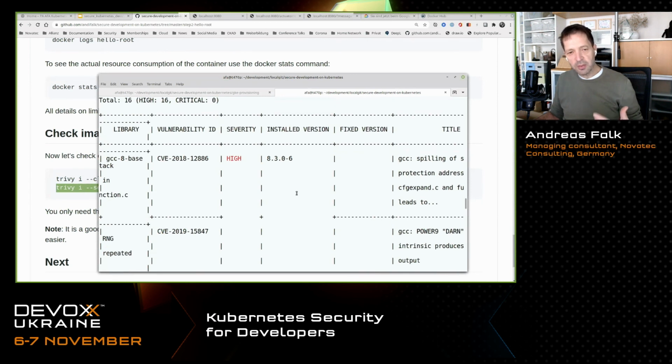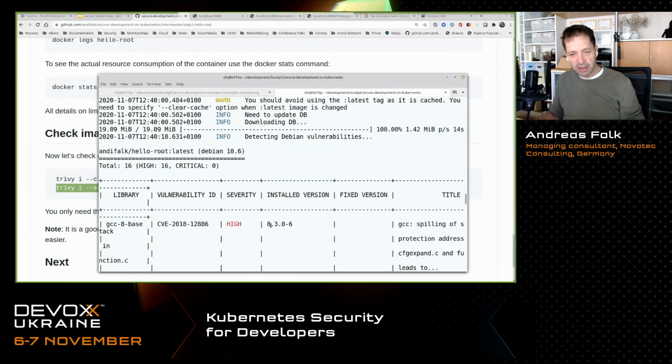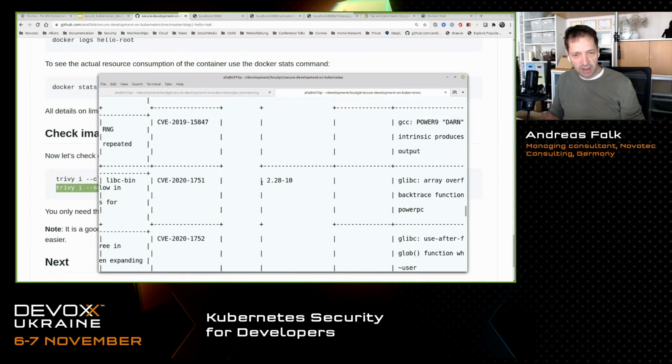Even if that is a pretty new image, so I've used the most recent OpenJDK base image in that case, it still has some pretty old CVEs. And the recommendation here is that you have to look through all the CVEs that are reported and take into account whether that CVE is applicable for your application. For example, that CVE is quite old and is not applicable for our application because we won't compile C code in that case.